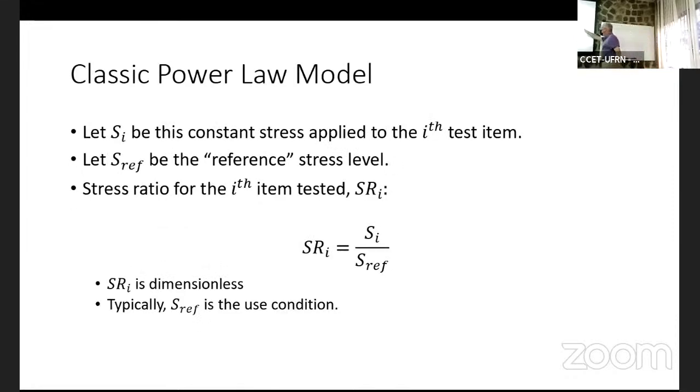I'm going to let S sub i be at constant stress, and it has to be at constant stress in this, because we're doing this over time. So if that stress is changing, then that's a dynamic system, and it's not dealing with constant stress. We are assuming the item is under constant stress, or effectively constant stress. That's the basic premise of this test.